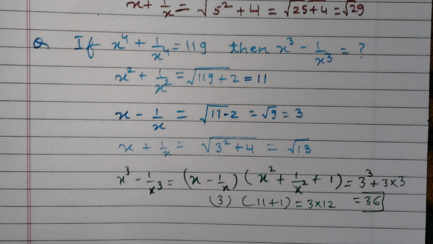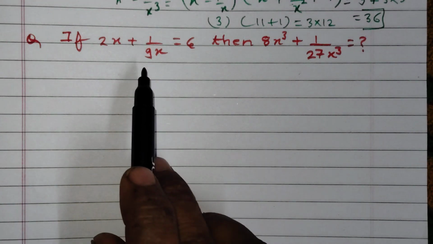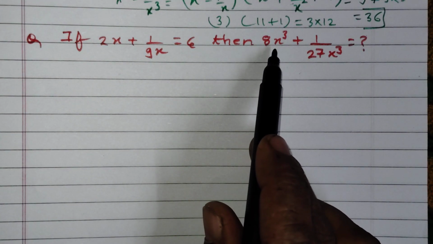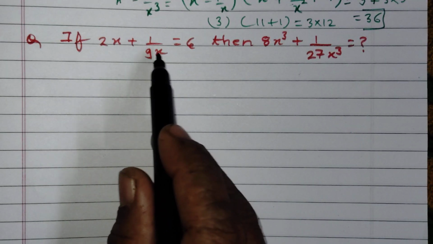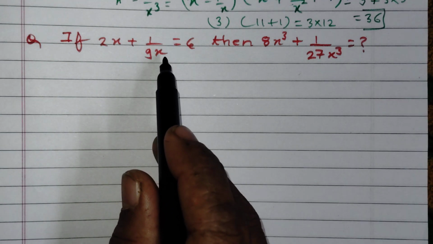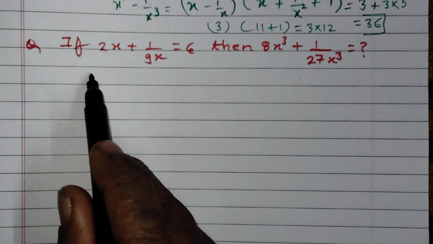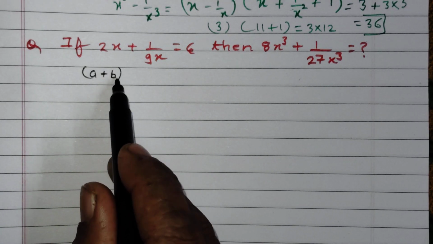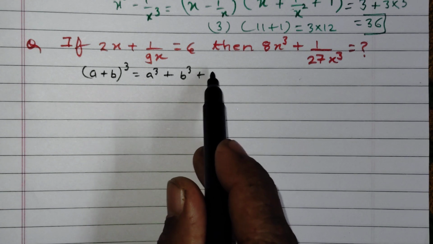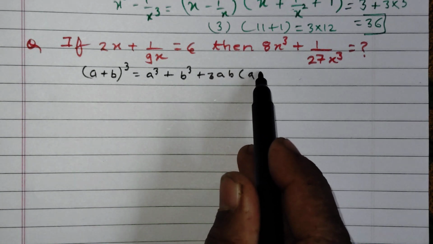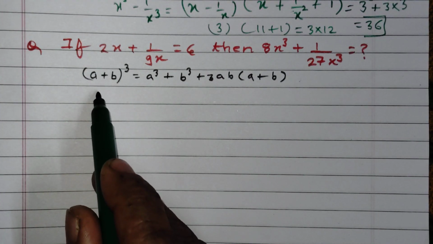Next question. The question is, if 2x plus 1 upon 9x equal to 6, then 8x cube plus 1 upon 27x cube is question mark. So in this question, there is given 2x plus 1 upon 9x equal to 6. Cubing both sides. So a plus b whole cube identity is a cube plus b cube plus 3ab times a plus b. According to this identity, we can write 2x cube